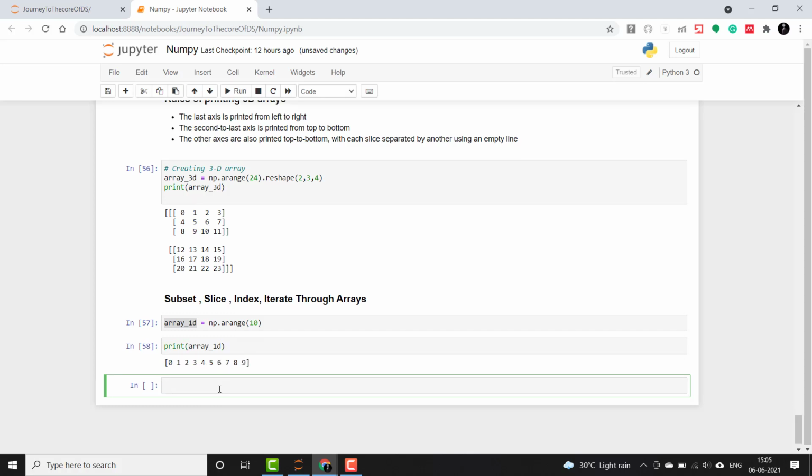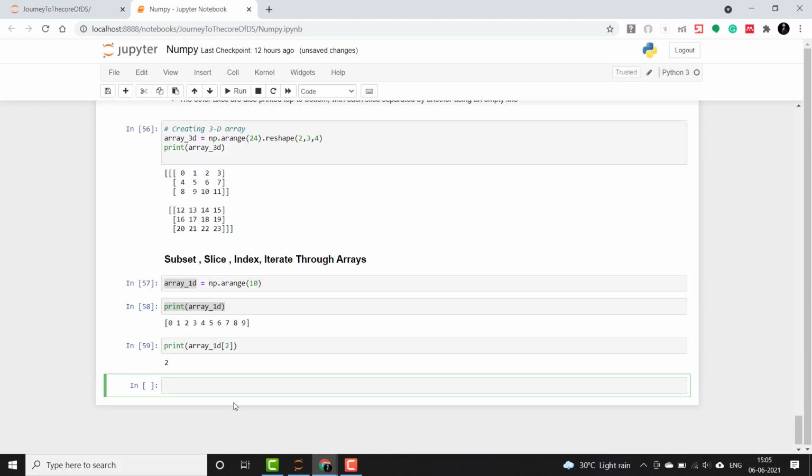Okay, 0 to 9. Let's say that I want to fetch the third element from this array. I'll simply copy this, and like we do for lists, we just fetch index 2, that is the third element. Let's say that I want to specify some more indexes to fetch.